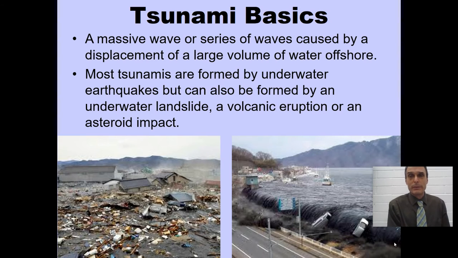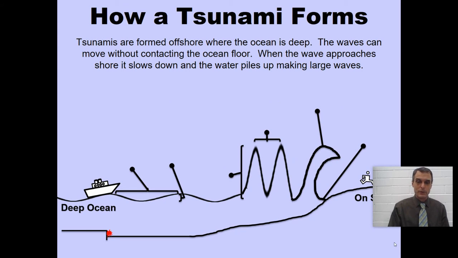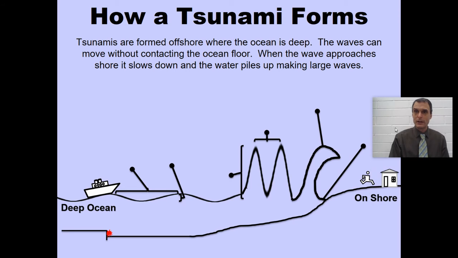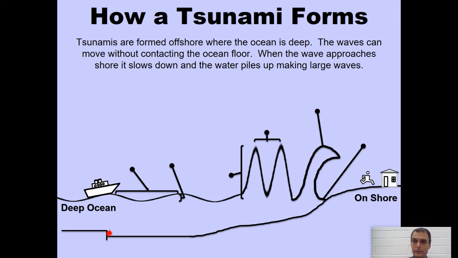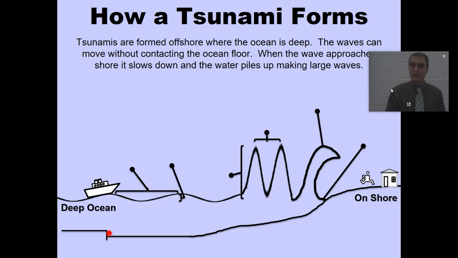They're mostly formed by underwater earthquakes, but they can also be formed by underwater landslides, volcanic eruptions, and asteroid impacts. Anything that's going to displace a sizable amount of the ocean water, either by lifting it up or dropping it down. All right, so how does a tsunami form? There's a variety of steps that are involved in the formation of a tsunami, and we'll take a look at those. So first off,